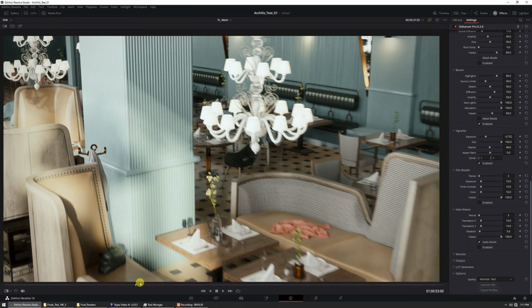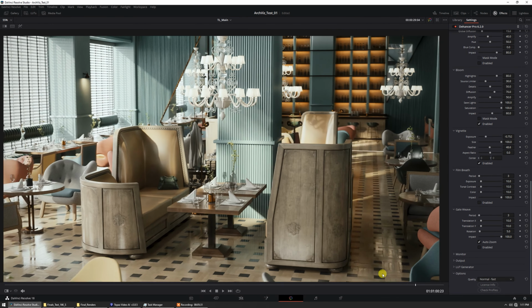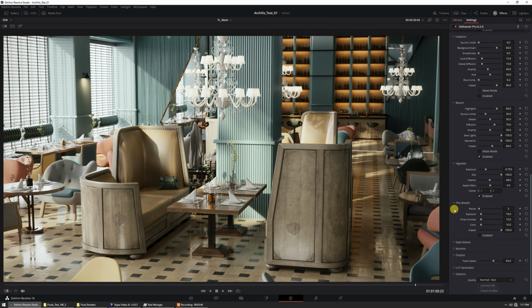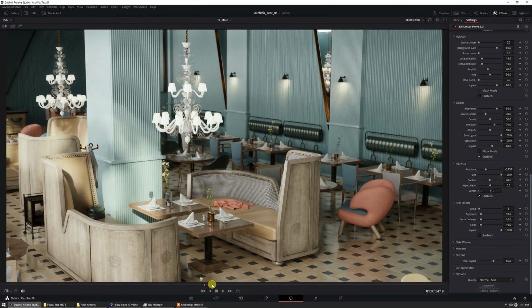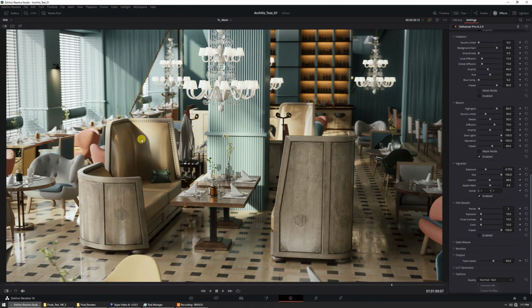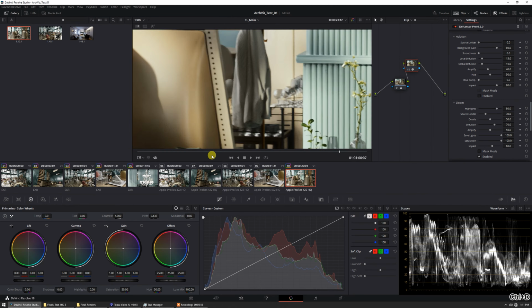And finally, I think we're okay with that. So the last thing I like to do is I'll tone down the output here. So we're going to bring the total impact of the entire effect. This is the entire Dehancer effect. We're going to bring it down to about 65%. And I find that that just tones it down a little bit. It's not going to be as obvious. So there we go. And again, if you don't like all that bloom going on, you can always tone it